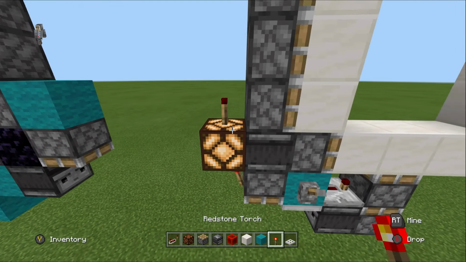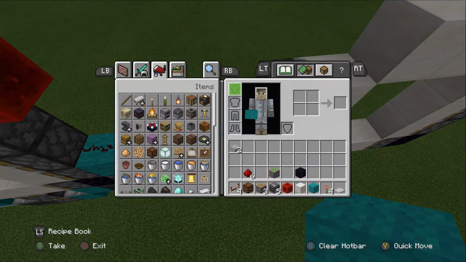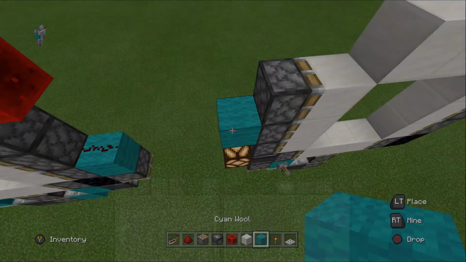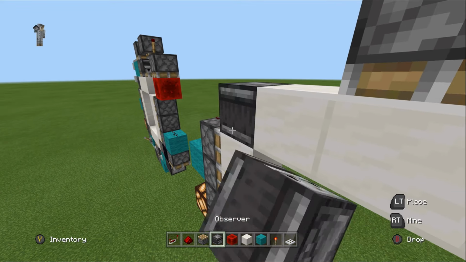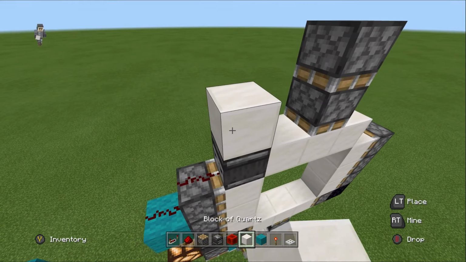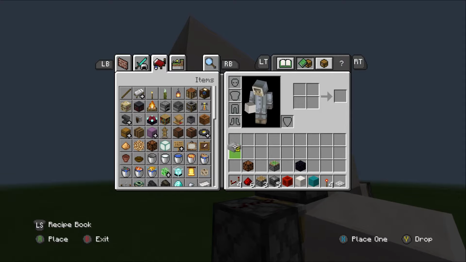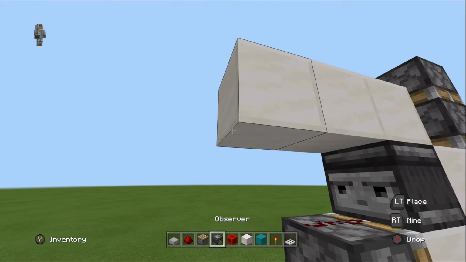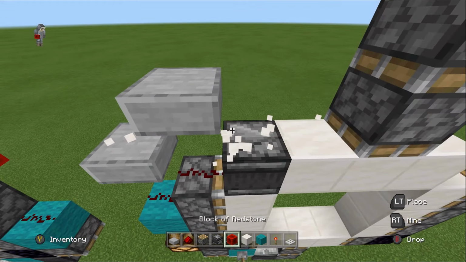Now we're gonna put a torch on top of this lamp, a block on top of that torch, and we're gonna get our redstone dust out, and we're gonna put 2 pieces of redstone dust like that, and an observer going into this block. So now we're gonna just build over here 3 blocks, and we're gonna grab our 2 half slabs over here, and we're gonna put 1 here and then 1 here,